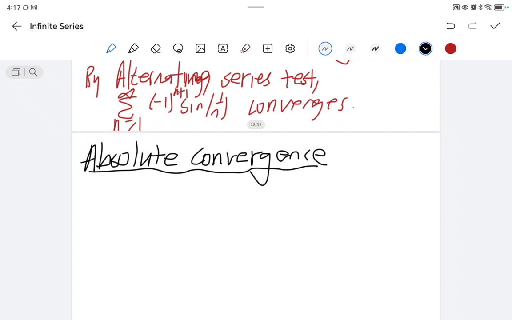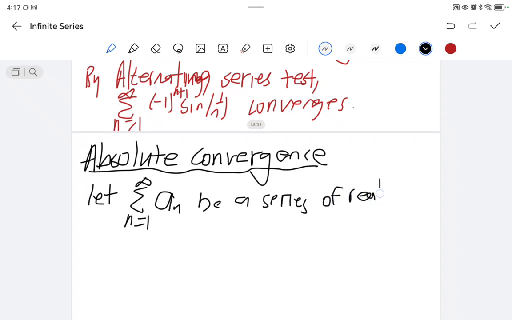So for absolute convergence, remember we're given this. Let's say we're given the series of a of n. We can let this be a series of real numbers, right? Then we say that if this occurs, the absolute value of this is convergent,